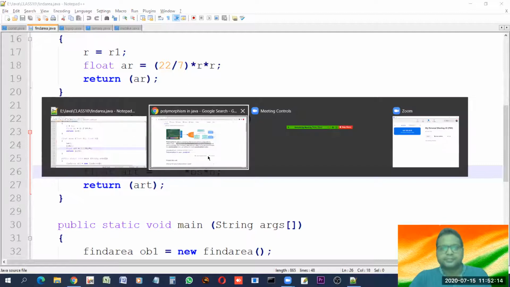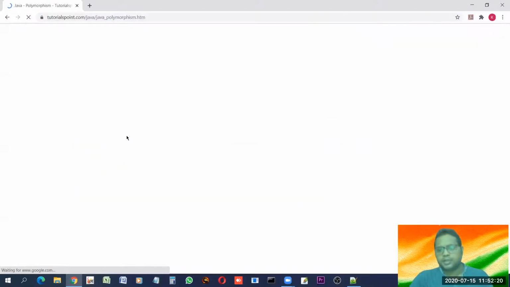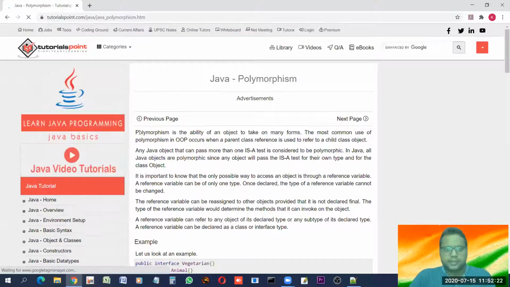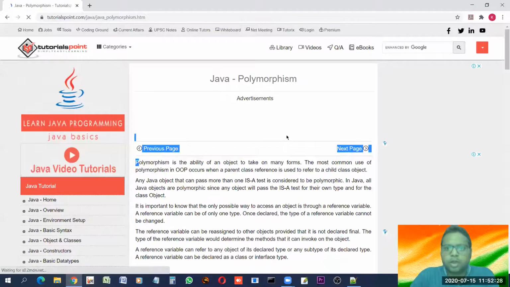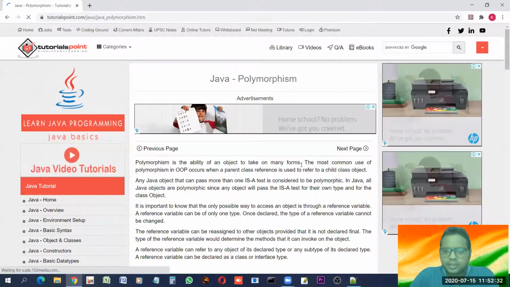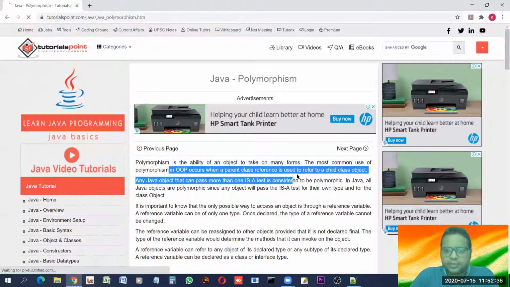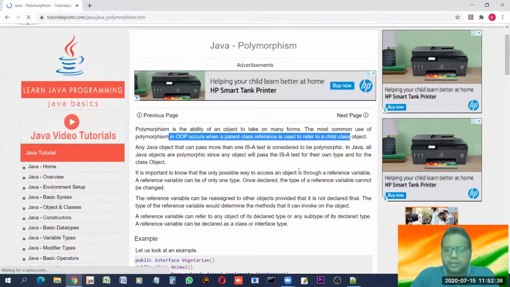Fine. So if you wish to read some more articles, just to check whether that first one was okay or not. Polymorphism is the ability of an object to take on many forms. Look, a little difference, but the same thing. The most common use of polymorphism in OOP occurs when a parent class reference is used to refer to a child class object.